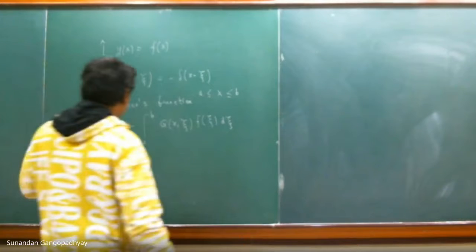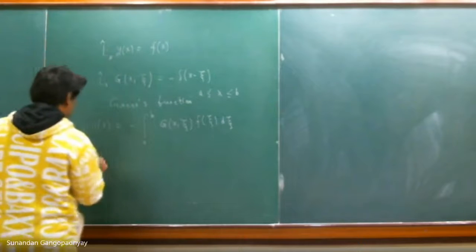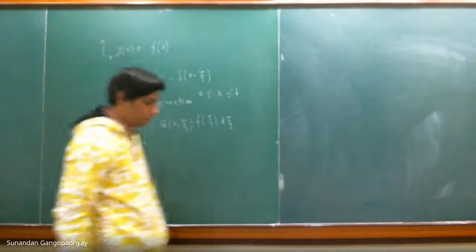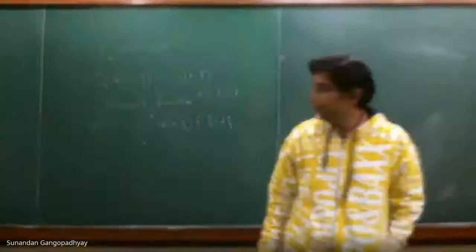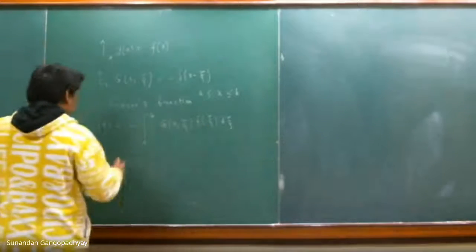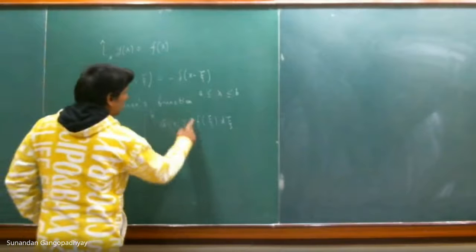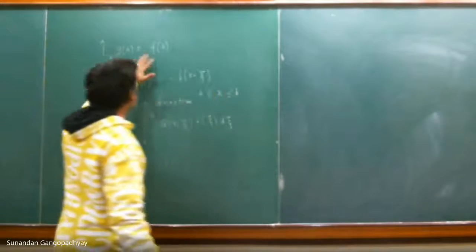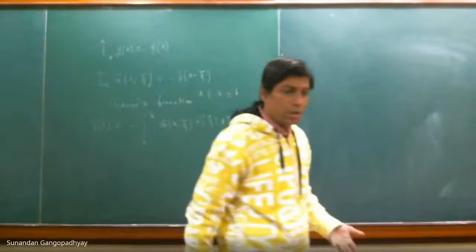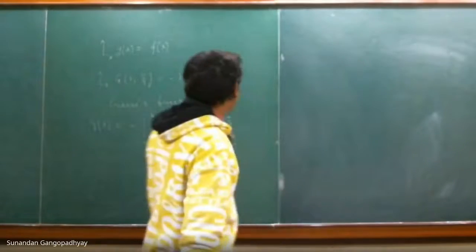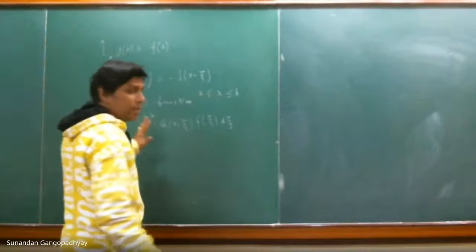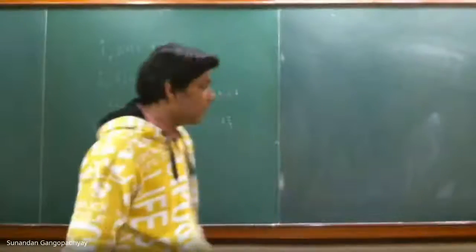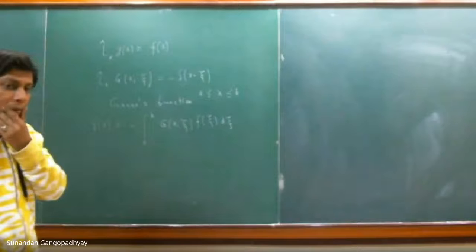And also one thing you should check, that if I impose boundary conditions on y of x at x is equal to a and x is equal to b, then the same boundary conditions should also be obeyed by the Green's function g at x is equal to a and x is equal to b. So this is a second order differential equation, and you need to impose two boundary conditions, and the boundary conditions imposed on y of x at the endpoints should also be obeyed by the Green's function at the endpoints. If this is the case, then this is the full solution of this differential equation.